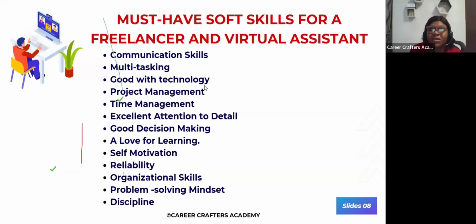Then you need organizational skills. Like I said before, you need to organize yourself first before you even start organizing people's business. Some of you, when you are looking for your television remote, you will find it on top of the fridge. Your comb is on top of the gas cooker. Your slippers... you are a very disorganized person. So you need to start learning how to organize yourself, organize your life before you even start organizing other people's businesses. Then you need to have a problem solving mindset.